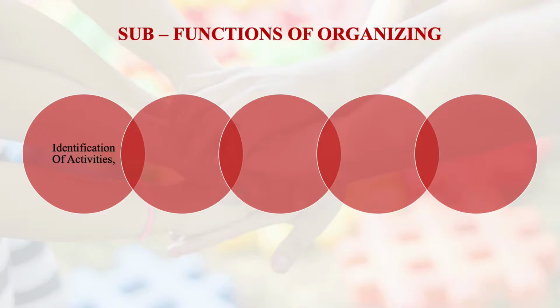So this involves the leadership role in the organizing part. When we talk about formal and informal organization, we need to understand another concept, which is the sub-functions of organizing. So what are the sub-functions of organizing? These are the sub-functions and they are self-explanatory in nature. The first one is we need to identify the activities which need organizing.